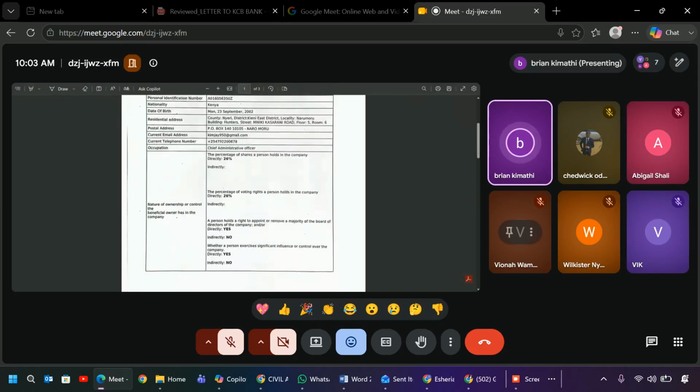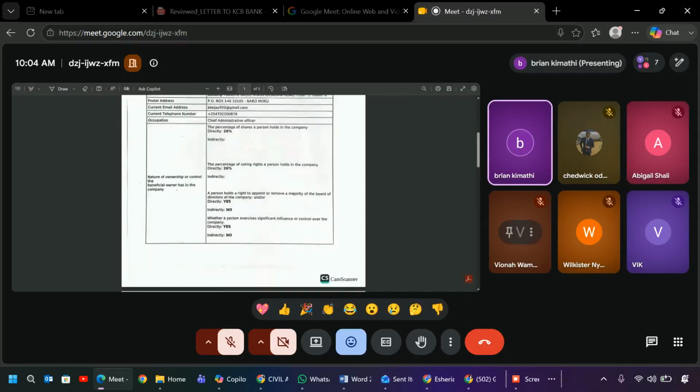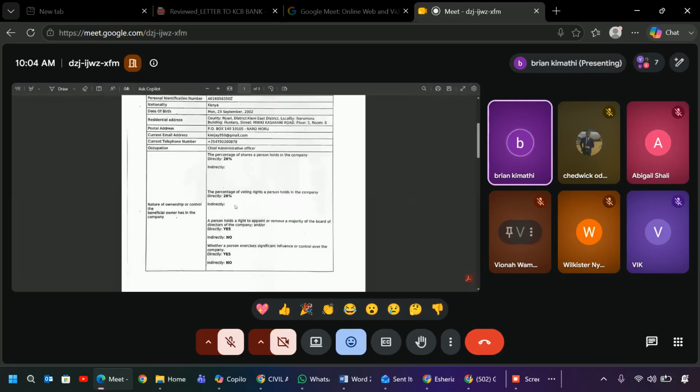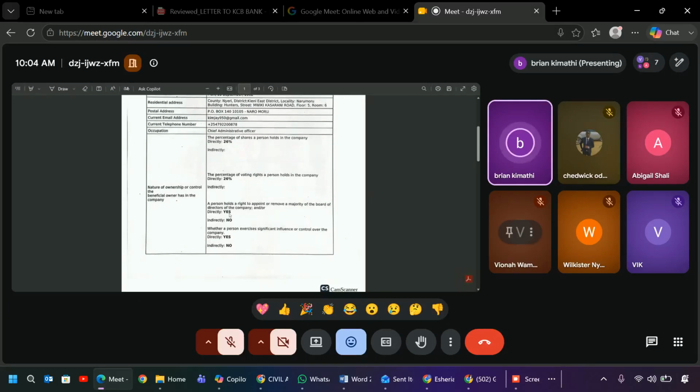Very important is the email address and phone number, because BRS usually sends notifications to that phone number. It also captures the percentage of shares and percentage of voting. Shareholding and voting are two different things. Shareholding goes to beneficial ownership. Voting goes to running of the business. Then again, the authority of the person, whether they are a director, whether they can remove a director, whether they have